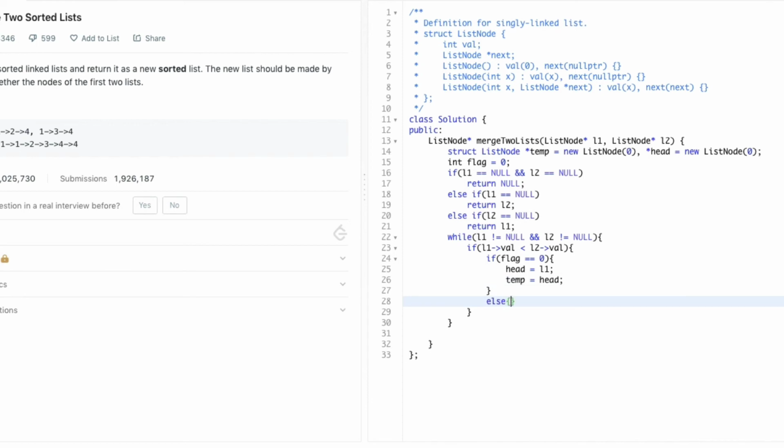And if a head is already declared, then we can point temp of next to L1 and temp to temp of next. And finally, L1 moves ahead by one step, as we have seen in the explanation part.